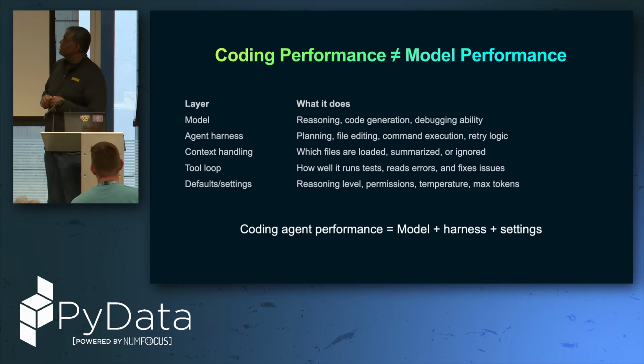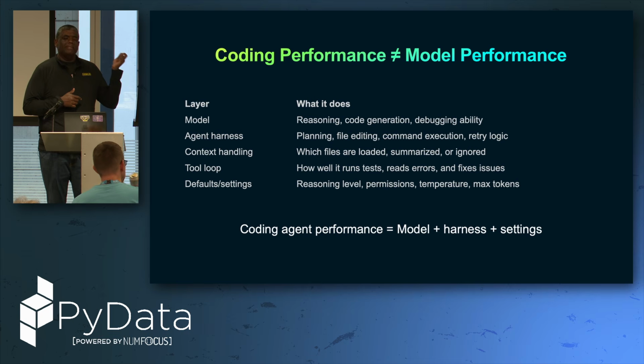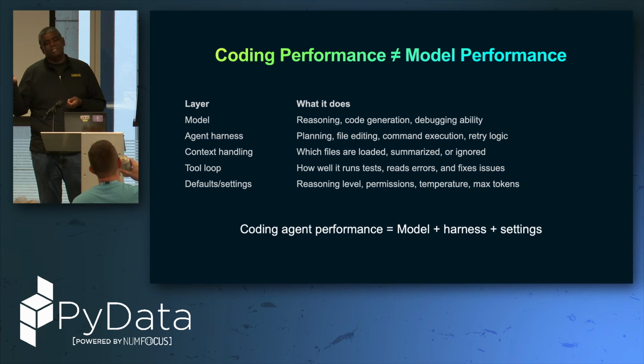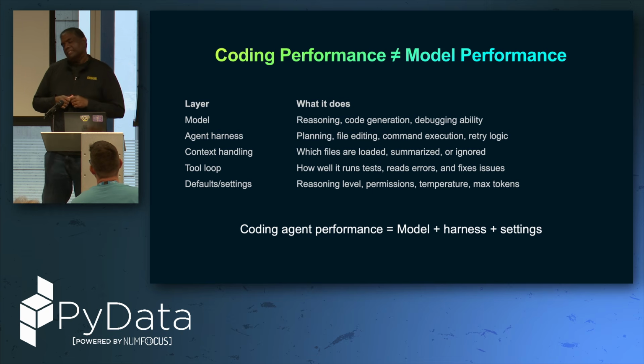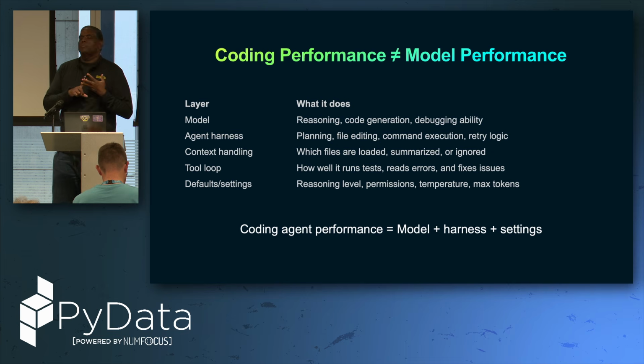One of the common misconceptions, and I kind of fell into this trap myself, is we like to chase the latest models. Like, oh, next week something drops, and the week after there's something else. And what I then realized is the coding performance is not exactly the model performance. Sure, the model plays a role, but when we do coding, what I see is it's the entire harness, right? Your agent, the coding agent, the model, even the settings play a big role in the quality of the code. So there's no point in just chasing the latest models. It's nice to test them out and try them out, but the model alone is not